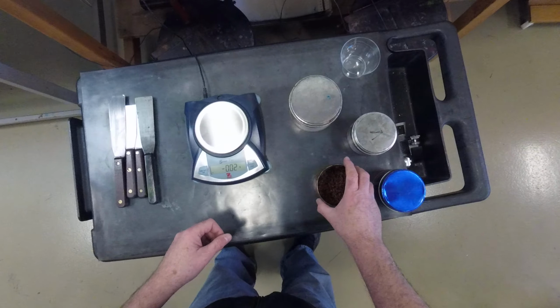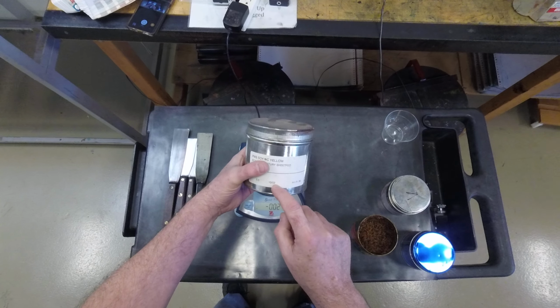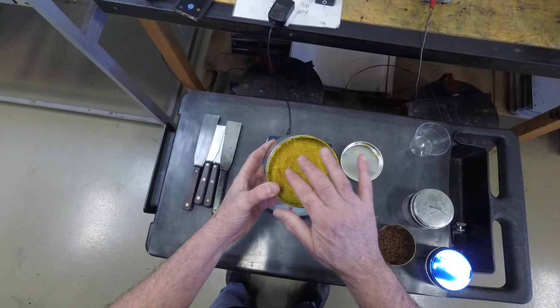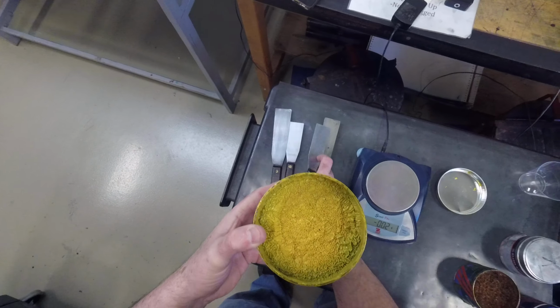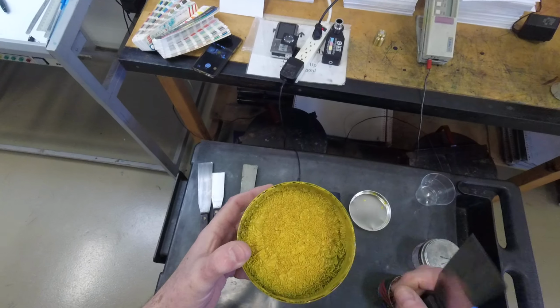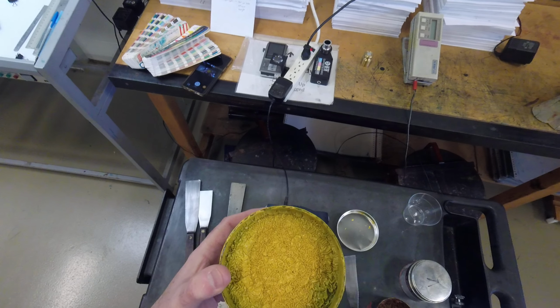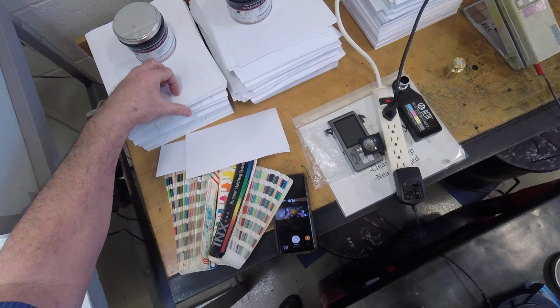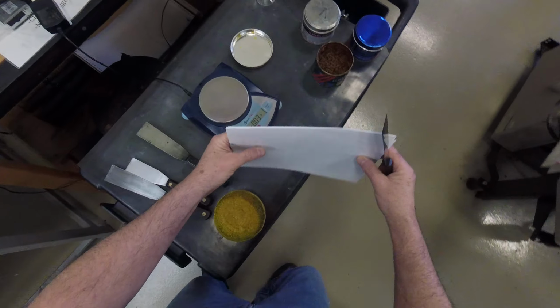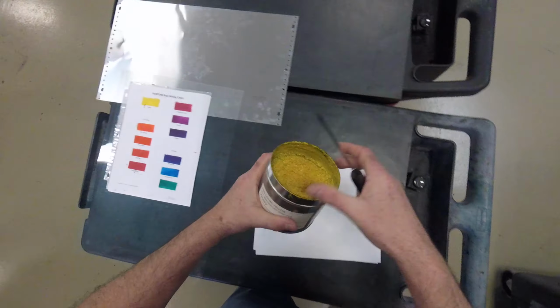Okay, so I have my yellow from 2002, and as you would expect, this ink is all dried up. It has a hard crust on it. We have to remove all of that so that we don't get any hickeys, fish eyes, or donuts that stick either to the plate or to the blanket, and those would leave a void in the solid printing, right? So that all has to be removed. So why don't we get some scrap paper over here. I think I'll work right here. Now what we should do is we should cut